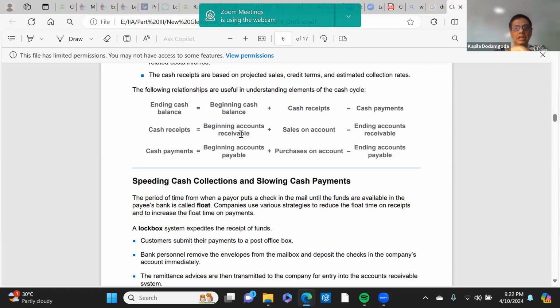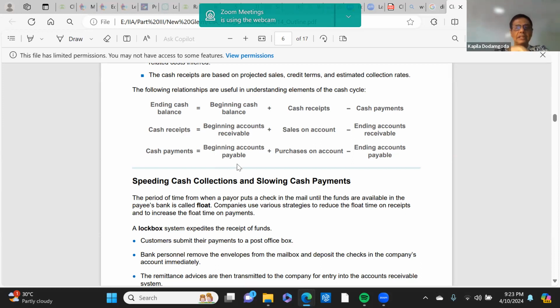And then in terms of accounts receivable, outstanding from your customers, how much of collections outstanding for debtors at the beginning, on top of that, how much more sales you have made, minus what you have at the end of the period is the amount of money that you have received. How much of debtors is there? Say we had 100,000 worth of debtors outstanding at the beginning, plus we generate 1 million worth of sales. So that means you should have 1.1 million worth of debtors outstanding. But at the end of the period, you have only 200,000. So that means that 900 difference is cash receipt.